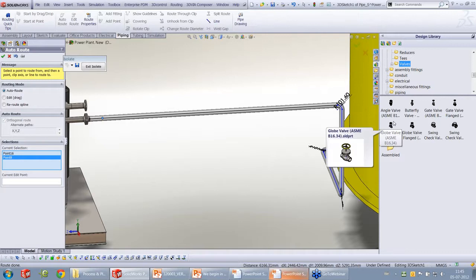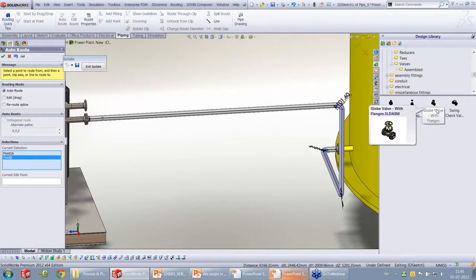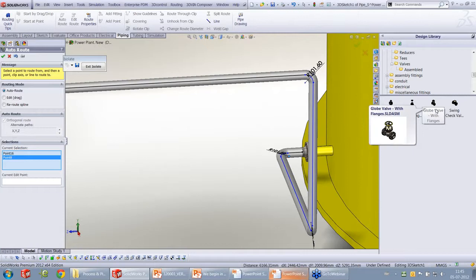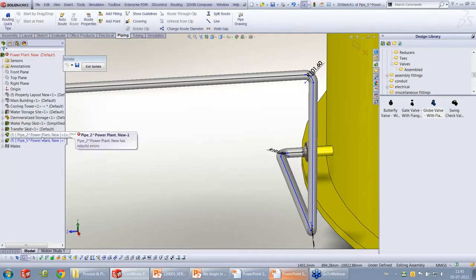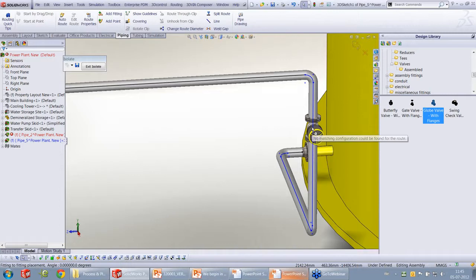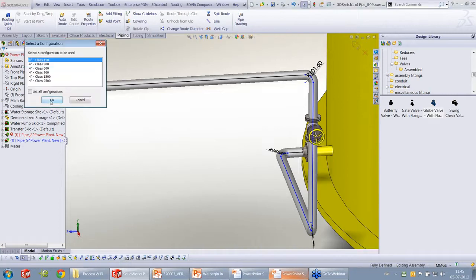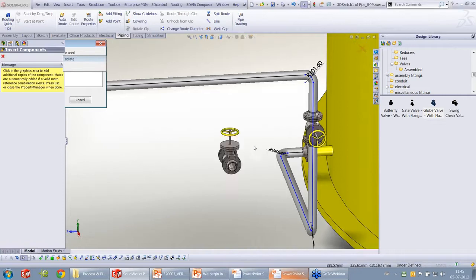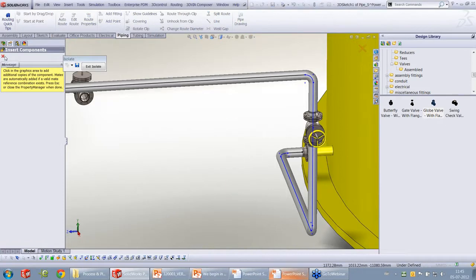Here I have some walls without flanges, and then I have a complete wall assembly which I'm going to just drag and drop. Let me say OK, and at this point let me just bring in the wall. So you can see you can place the wall, and you can select the configuration, and you can even